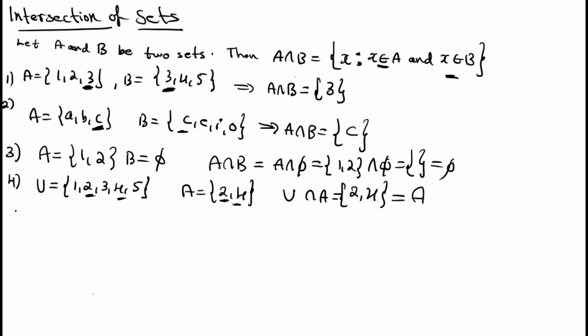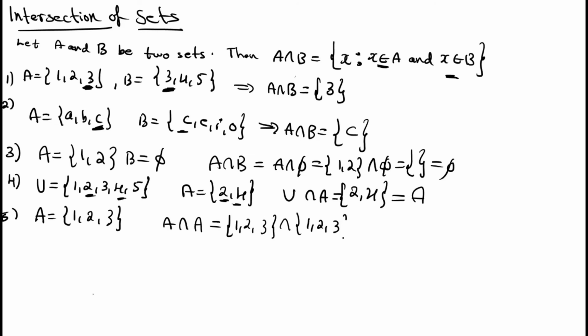Then next, take A equal to the set 1, 2, 3. Find A intersection A. That is the set 1, 2, 3 intersected with the set 1, 2, 3. What are the common elements? You will get 1, 2, 3 only. This is nothing but the given set A. Or in some cases they may give set A equal to 1, 2, 3